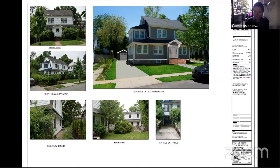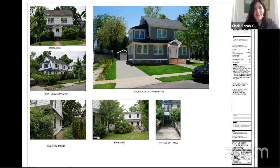Second. Okay, thank you. All in favor, say aye. Aye. Aye. Any opposed? Okay, so the hearing is closed and we'll begin our discussion, and there's two components to